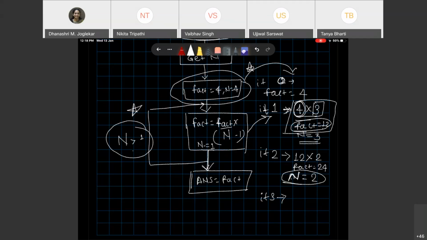So I am intentionally putting it like this because I'll be putting one condition inside, because this is not a loop that I'll be working with. I am going to write one recursive function. But essentially a recursive function and a loop don't have different flowcharts. Only the way you write it down in the program is different. You can indeed carry out the same operation by writing a for loop or while loop or do while loop. Any of the loops you can use to carry out what I am going to do with a recursive function.